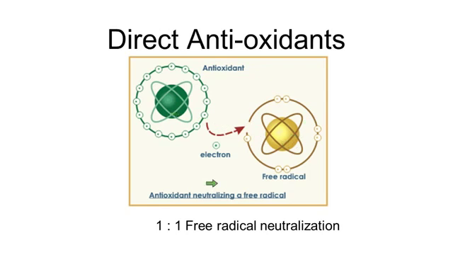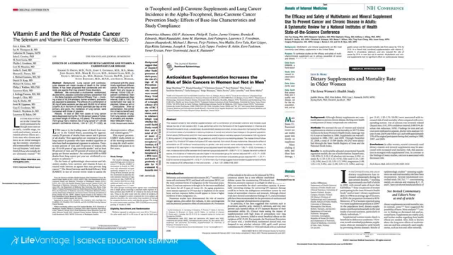So this antioxidant uses up its only available electron to neutralize that free radical, and it can't neutralize anymore. Well, so for decades, what people did who were health conscious was started taking these types of supplements, vitamin E, vitamin C, beta-carotene, in large quantities, thinking that they were helping to fight the free radicals that were causing the cellular damage. But we now have very large trials from very well-respected journals, such as the New England Journal of Medicine, the Annals of Internal Medicine, and so forth, proving that in large studies with tens of thousands of patients that taking excessive amounts of these vitamins may actually cause more harm than good.